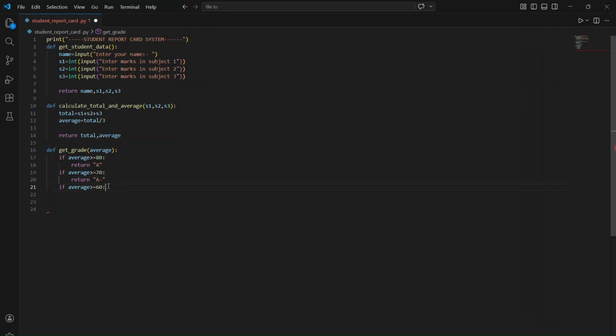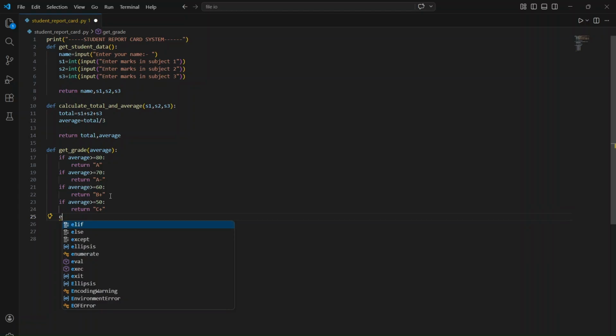So A minus, then this one will go to a B plus. This actually makes more sense, right? B plus, something like this. So this is how it will actually look. Now we can even continue further and write if average is greater or equal to 50, then he might get a return. We can put a C plus, something like this, and else, because we have used the if function,